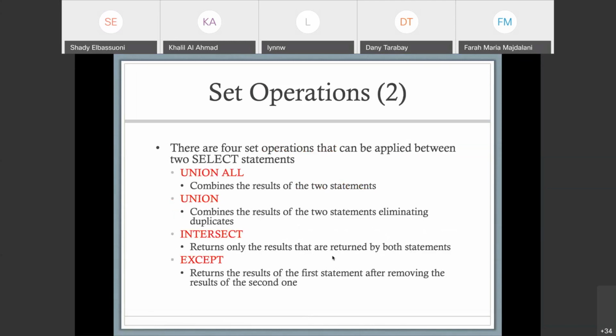Okay. There are four basic set operations, or main set operations, in SQL. There are others, like division, but it's not implemented everywhere. Okay, so what are the four set operations? We have union all. This takes two select statements and combines the results of these two statements. Union combines the results of two statements eliminating duplicates. Remember multi-sets. In SQL, everything is a multi-set, so the duplicates are not eliminated by default. You have to eliminate them